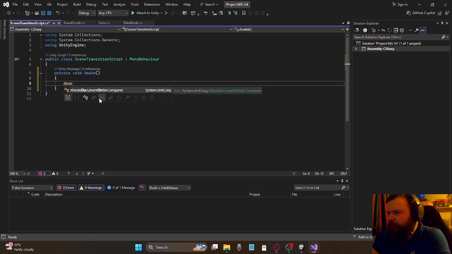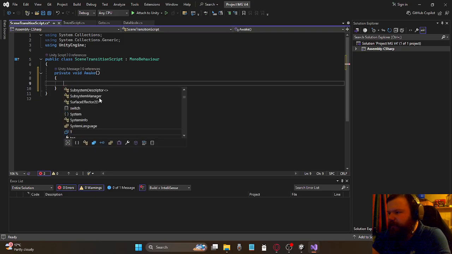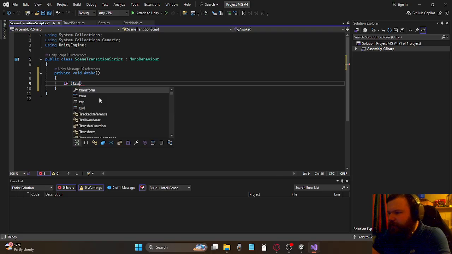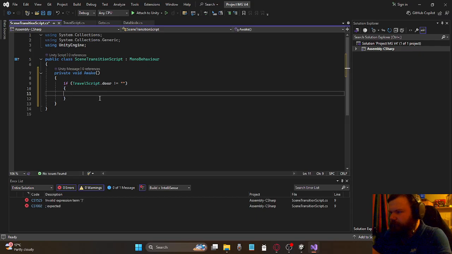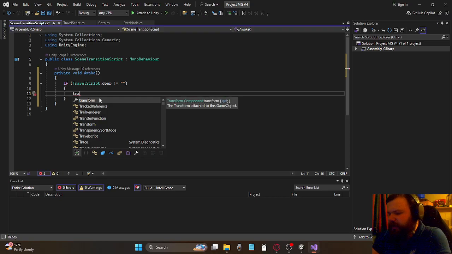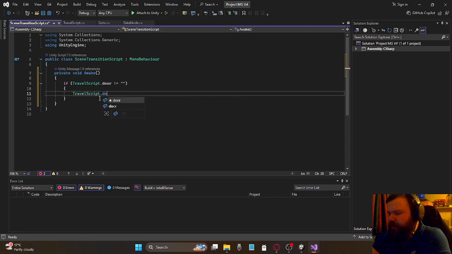So door, if travelScript.door is not equal to this, then we're going to start off by setting travelScript.door equal to this. First part of the script done. Alright, now I need to see